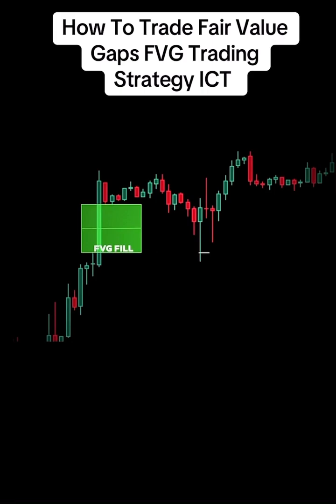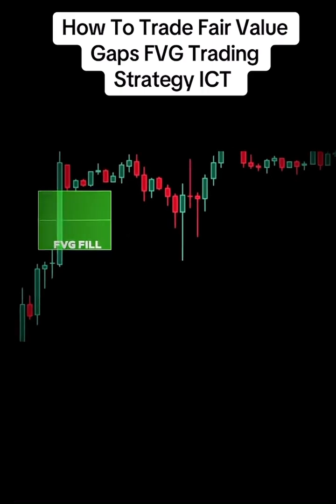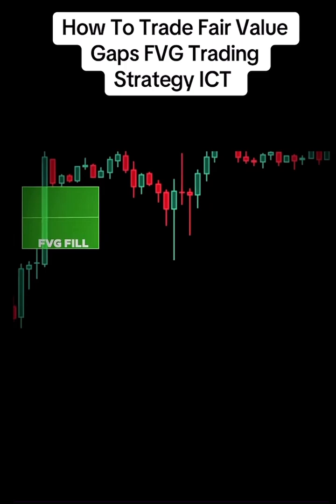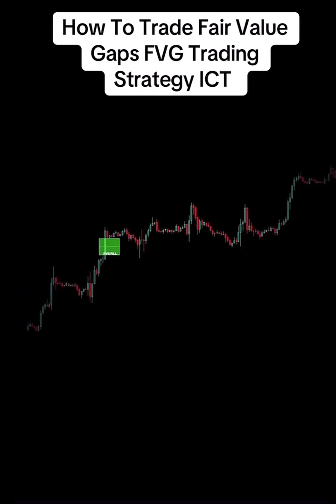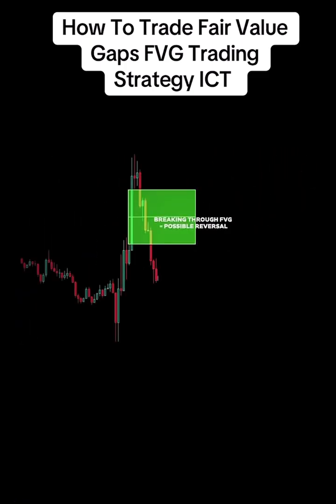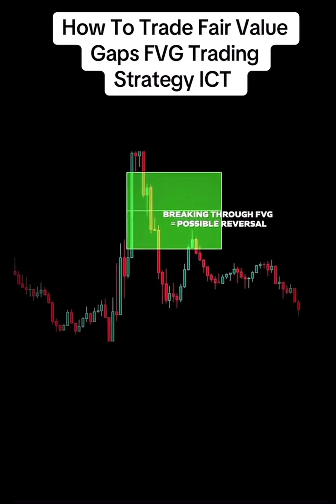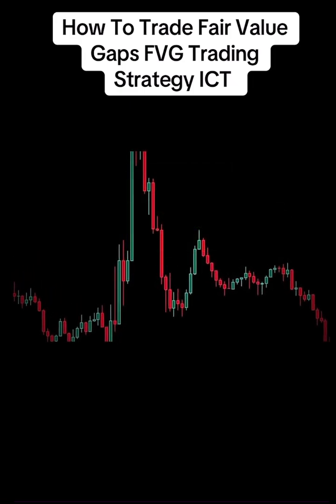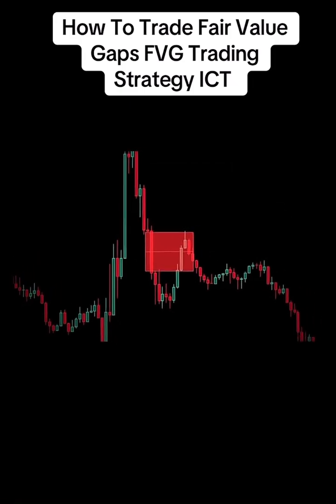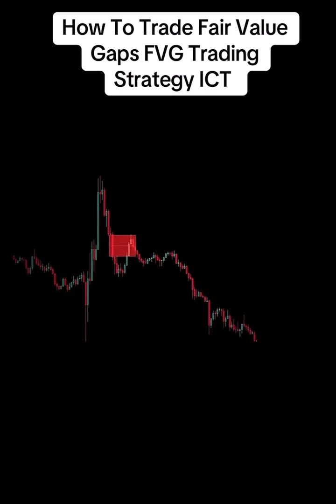Now, when this happens, one of 2 things will result. It can respect the level and create a large wick, rejecting and moving away from it. Or it can completely disregard the gap. Because there are so many possibilities with fair value gaps, we use these 3 levels to help us monitor price action. Now, I understand this is a lot to digest in a video, so I think the best way to